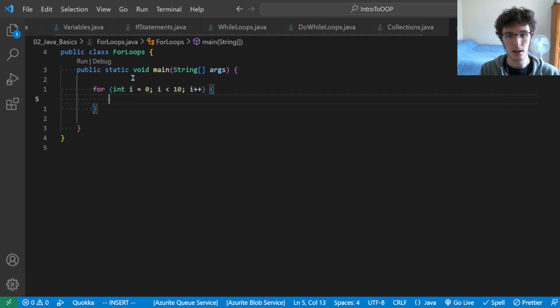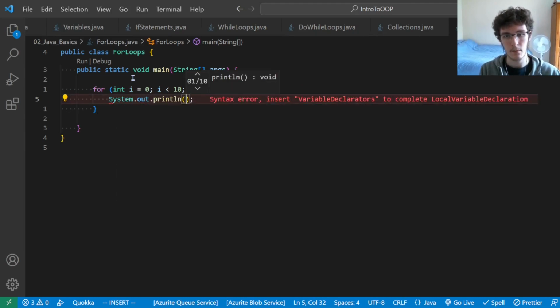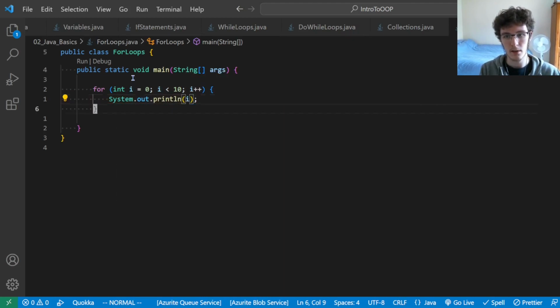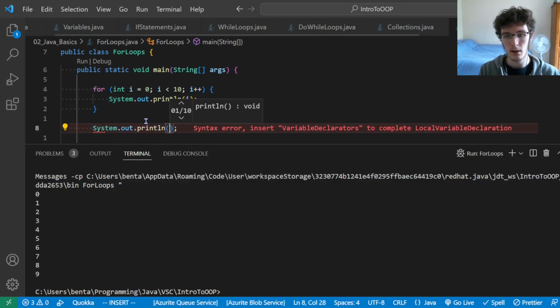So that's the syntax we use, and then we can just print out what i is at the current time and run this. So we get 0, 1, 2, 3, 4, 5, 6, 7, 8, 9, and then the i is going to increase to 10, which is no longer less than 10, and so we don't execute that iteration. We then move on to after the for loop, so let's add a new line,